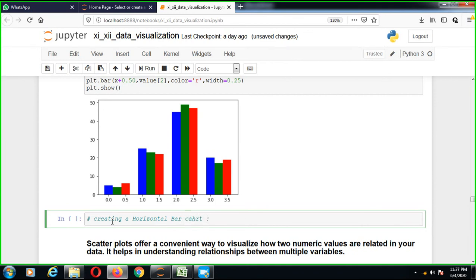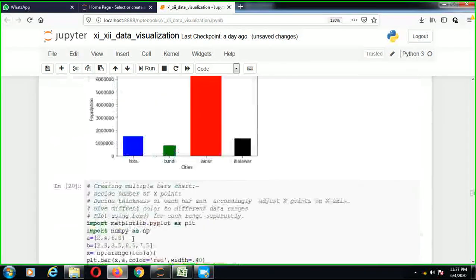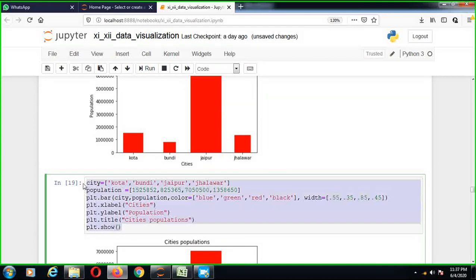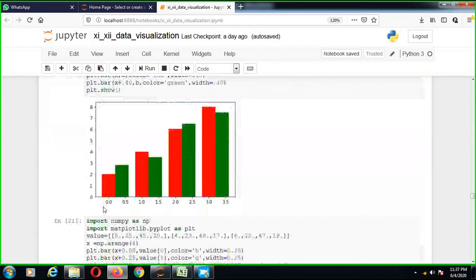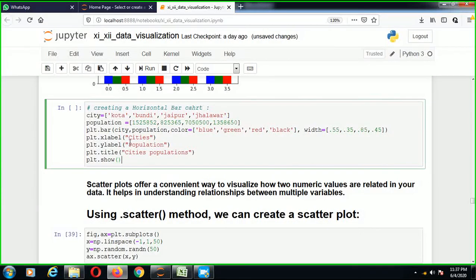This is a vertical chart, and now we are creating a horizontal chart. How? Just look at this. I am just going to that program, this one. I copy this program and paste it over here.